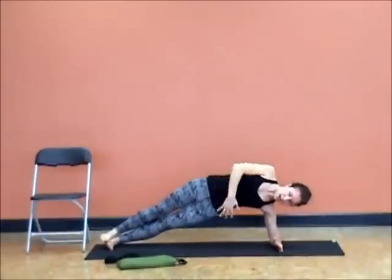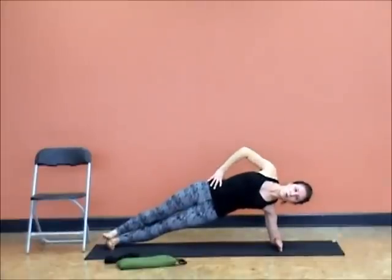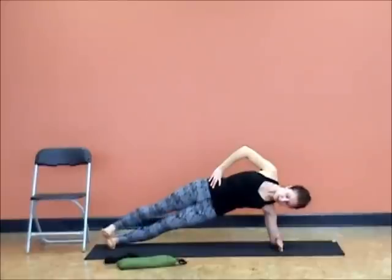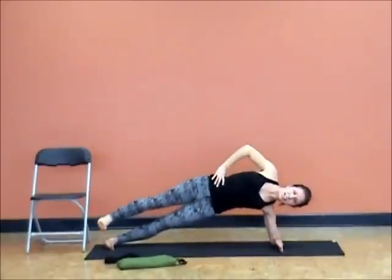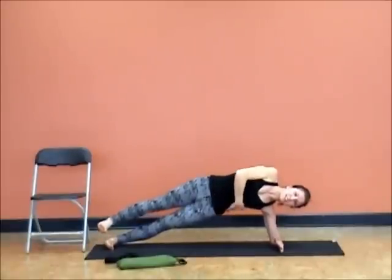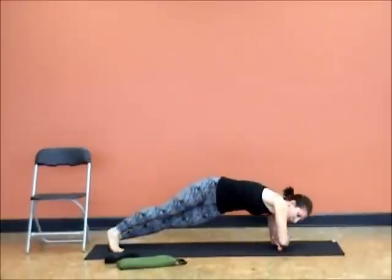Inhale, push away from the mat. Keep your obliques nice and strong. Exhale, stay open in the chest. Four more breaths. Breathe out. If you feel really comfortable, hover the top foot, but keep the foot parallel with the floor. Inhale. Exhale, belly is strong, oblique is active. One more breath. Inhale. Now exhale, cross forearms